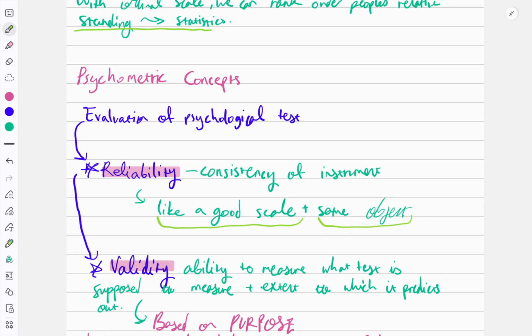We want to make sure that it doesn't matter when we take the test, or which mood we are in when we take the test. Obviously, all these things unfortunately matter, but we want to minimize them as much as possible. When we have successfully made a psychological test with high reliability, that means that we are getting something close